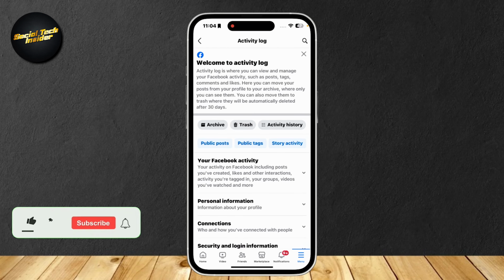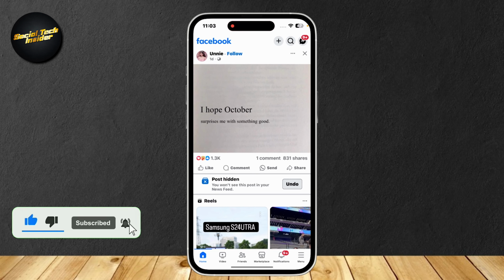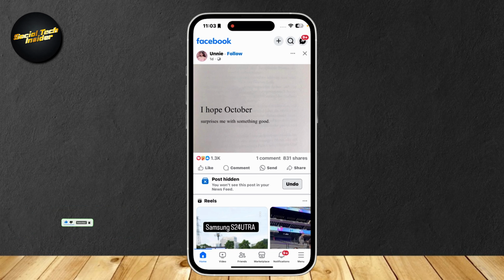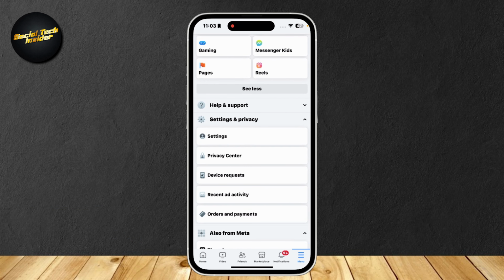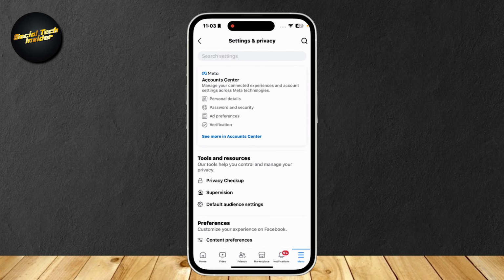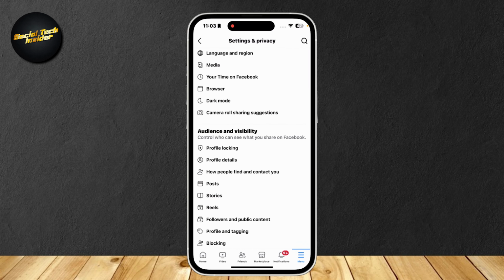So this is how you can find recently watched videos on Facebook. Let's go ahead and open up Facebook and then go down to the bottom right of the screen and tap on menu. So let's simply scroll down until we can find settings, and now scroll down once again until you